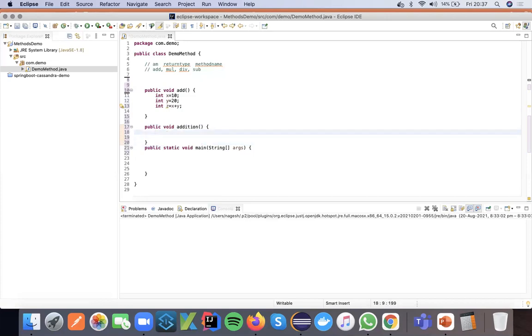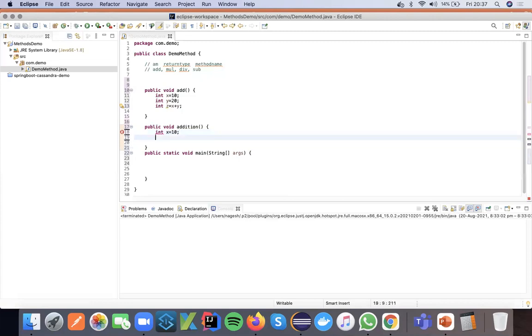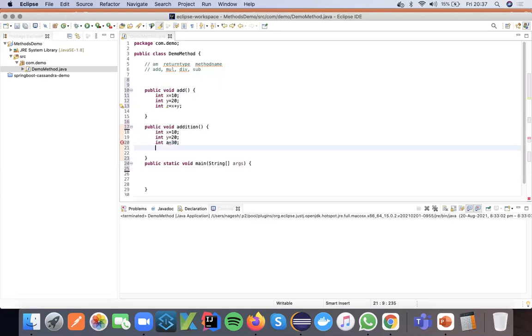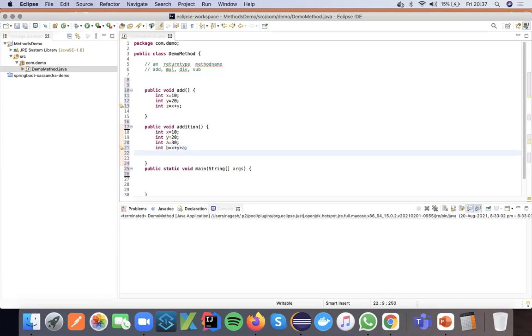Here int x equals 10, int y equals 20, int a equals 30, int b equals x plus y plus a. So here we have two methods.